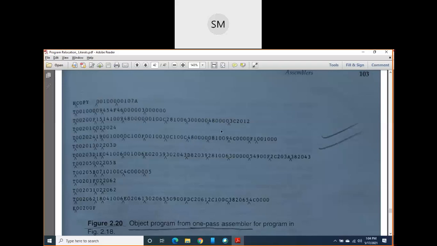Now I have to solve this one and this one. Just keep it in your mind. So now come to next line. Again you start, keep on listing. It means that, just understand, we are taking a new text record for every undefined symbol. Next you keep on listing all the object codes like this. Then again you come to